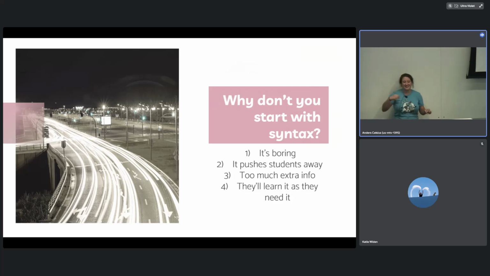And what I found is when they are motivated by the robot, they will just learn the syntax as they need it. They're like, my code didn't compile. I can't make the motor move. And I'll be like, oh, you didn't end your sentence with a semicolon. And they're like, oh, okay, semicolons. So they'll learn it as they go. And I want to keep it engaging and exciting from the start because they're typically choosing to be at robots from their own free will.